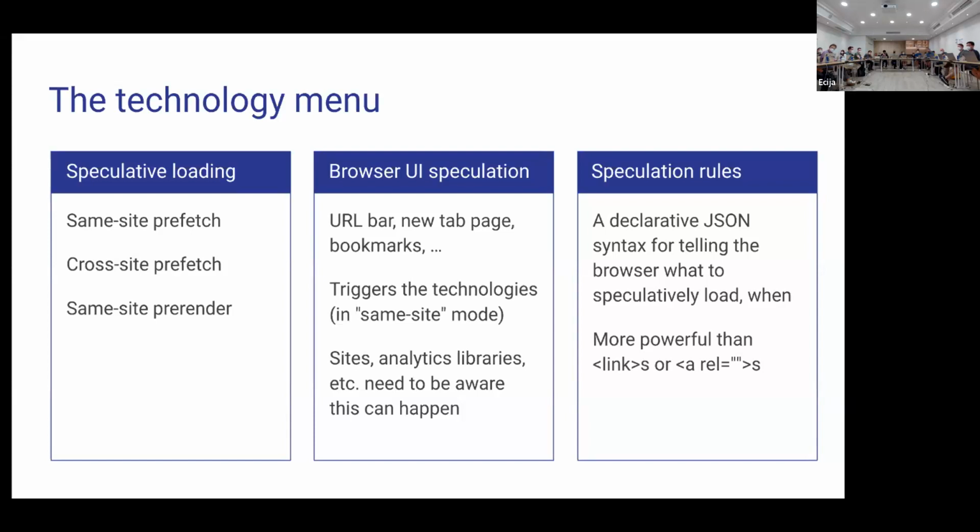The simplest entry point for these technologies is from a browser feature, the browser UI. But even still, like if you use something like the URL bar, for instance, this still has web-facing implications. Site libraries potentially need to know about the speculative load, and so we provide APIs to help make it possible for